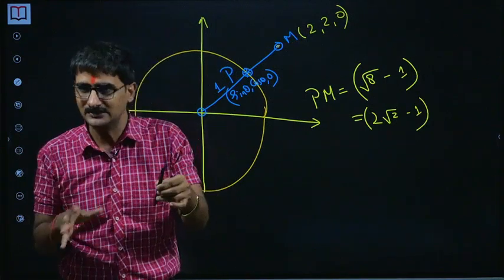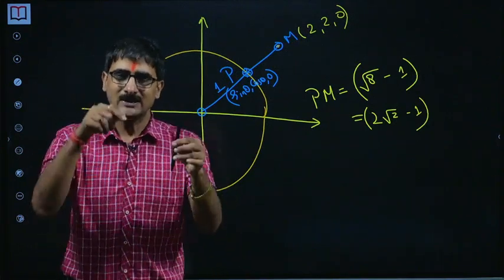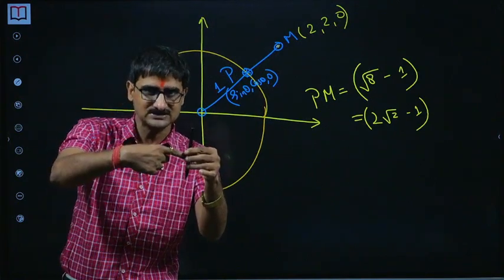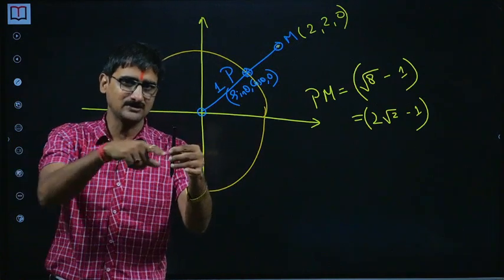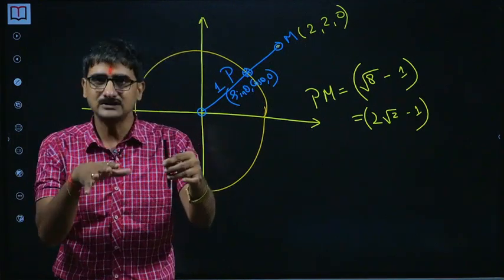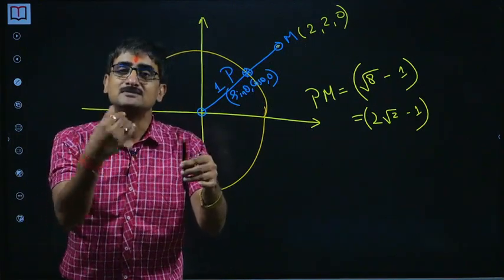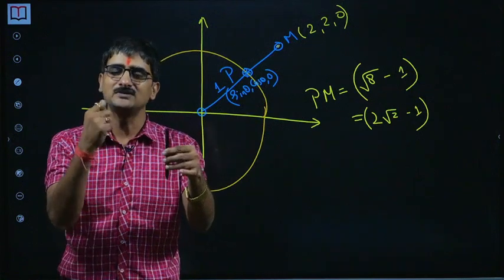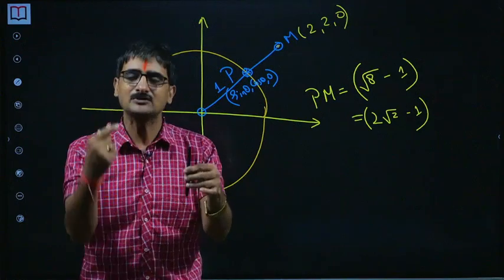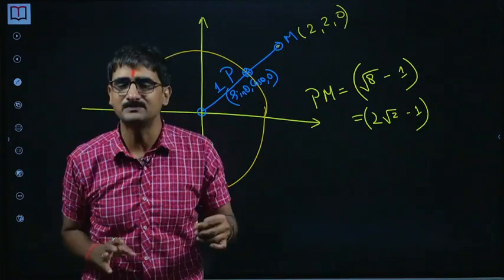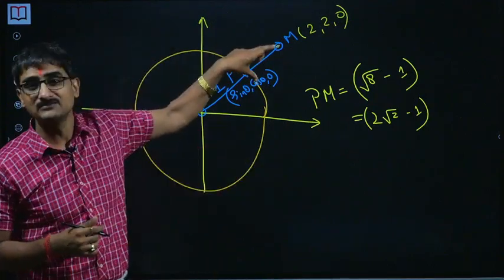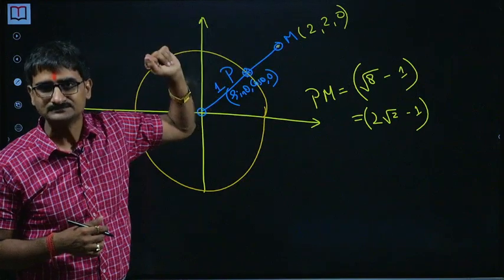Am I clear? I think I am. Again, I am repeating: if I fix a point such that the distance PM is minimum, along the xy plane, from the origin to the line on the xy plane, and we know that from a given point on the given line we can draw only one perpendicular, so PN is that perpendicular. So I am fixing PM, which is the minimum here.